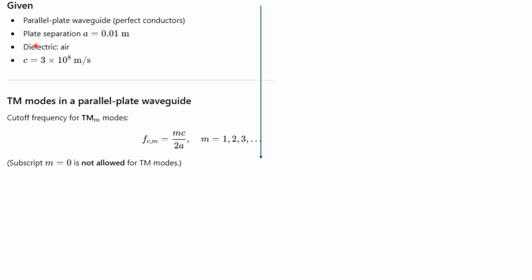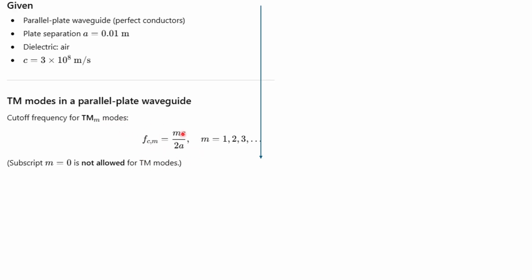So the plate separation is given and the speed of light is given in our question, and so the formula we are going to use is this, to find out the cutoff frequency. And we can also put m equal to 1, 2, 3, 4, all these for different modes. So for the fundamental mode m is equal to 1, for other higher modes like TM1, TM2, TM3 like that,